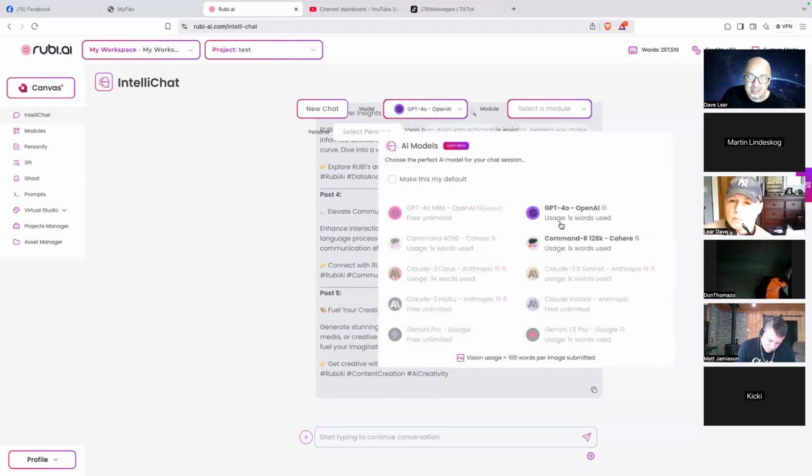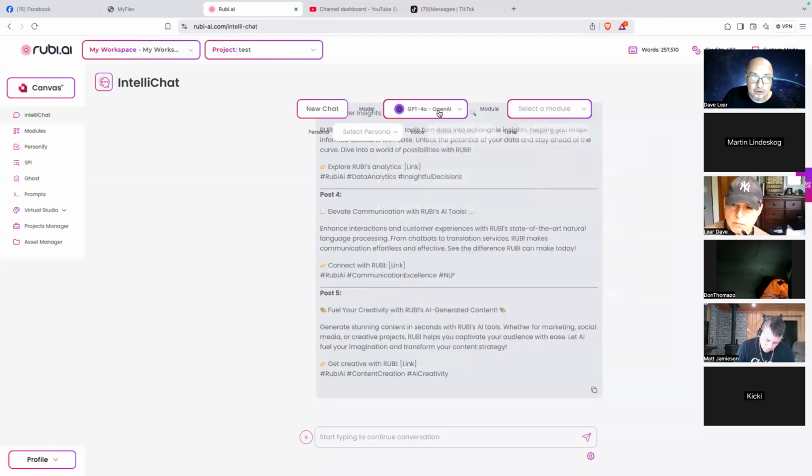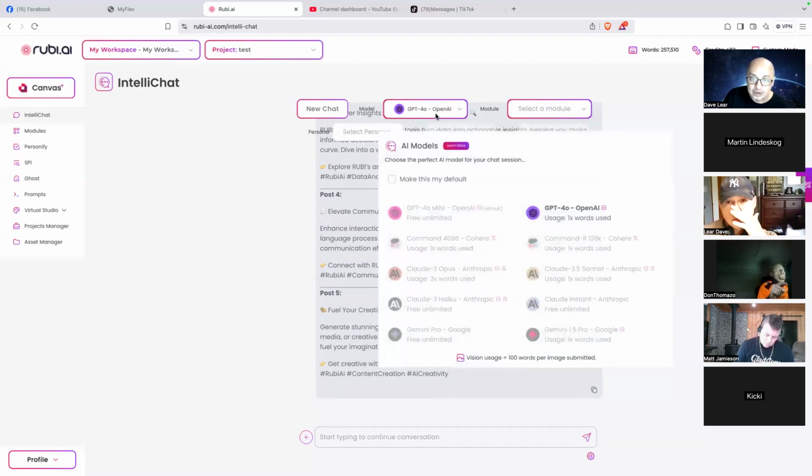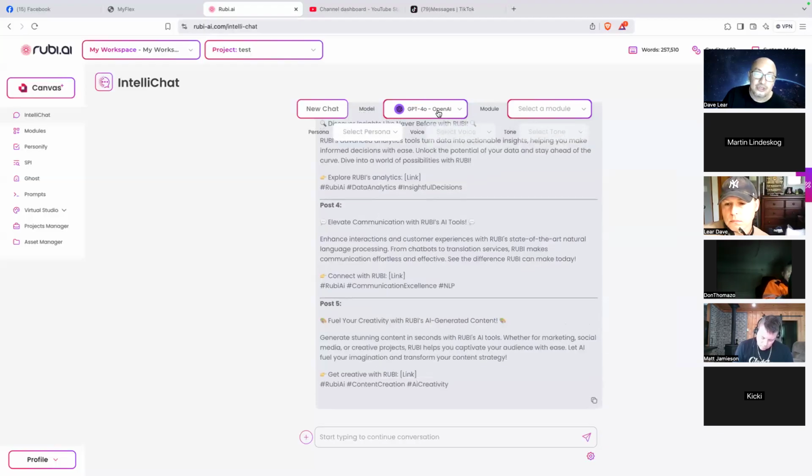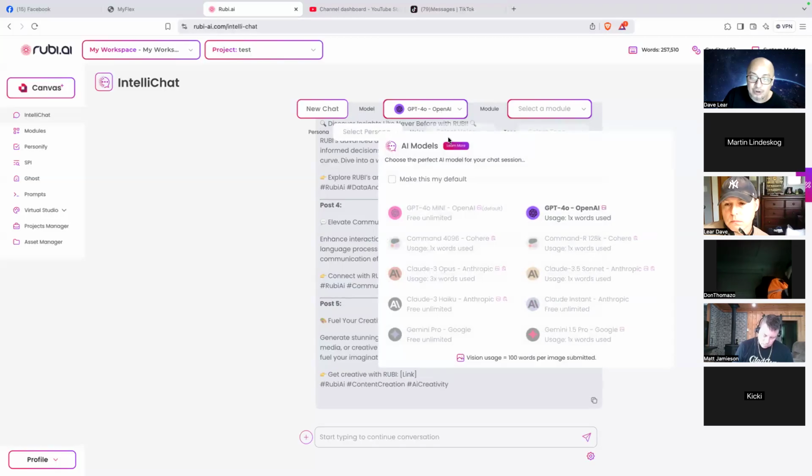And again, there are 10 types of chatbots that are very famous in the market, and we have them all here. That's a good thing about Ruby AI, because if you don't have Ruby AI, you will have to download and subscribe to all of these for you to get them working if you want to compare. But in Ruby AI, let's say you're not satisfied here, you just change the chatbot.